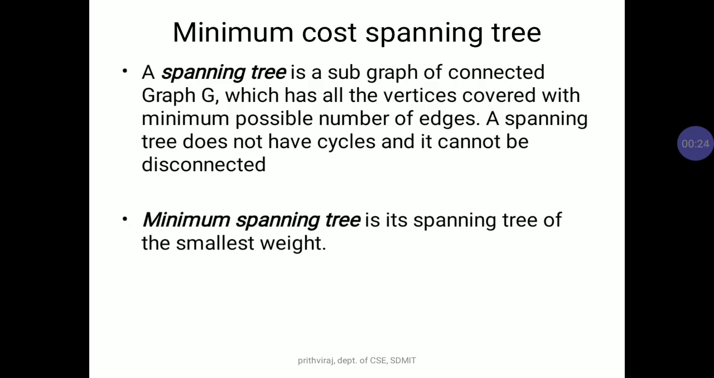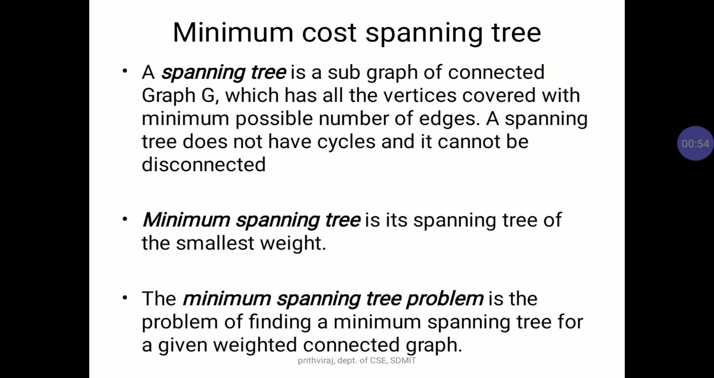First of all, we'll see what we mean by a spanning tree. A spanning tree is a subgraph of a connected graph G, which has all the vertices which are there in the main graph, but it should not form any cycles in it. A minimum spanning tree is a spanning tree with the smallest weight. Any spanning tree which has the least weight is called a minimum cost spanning tree or